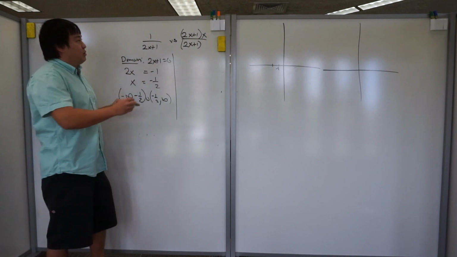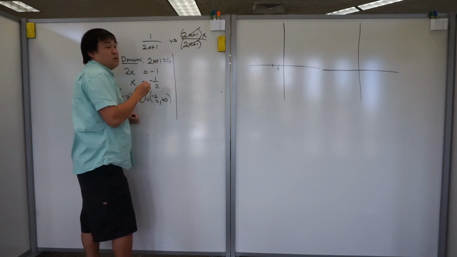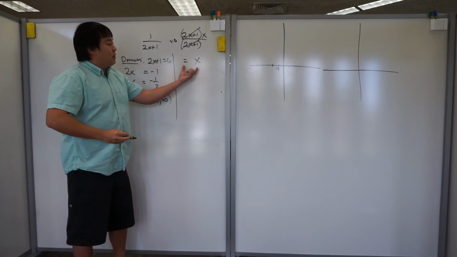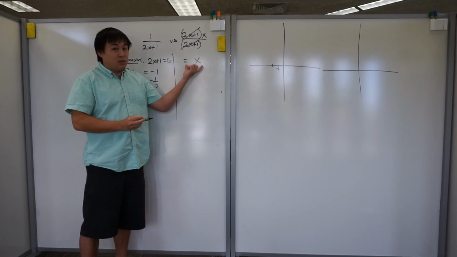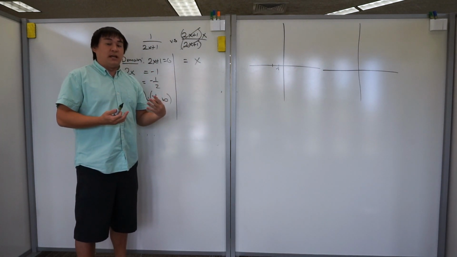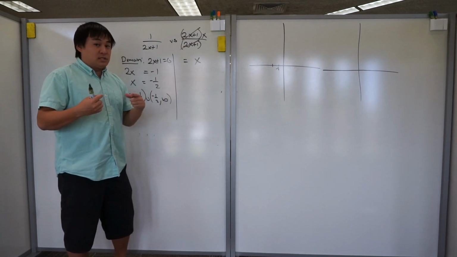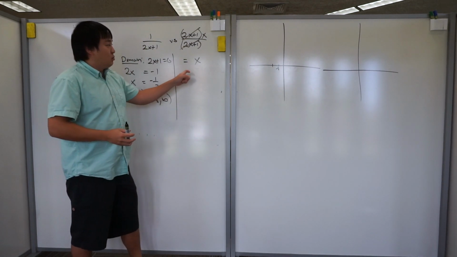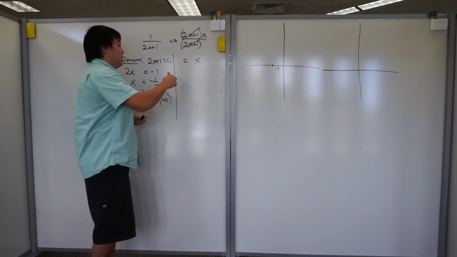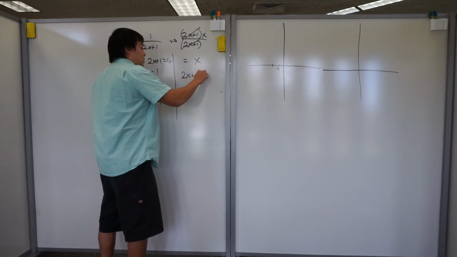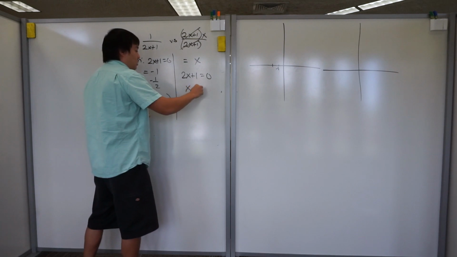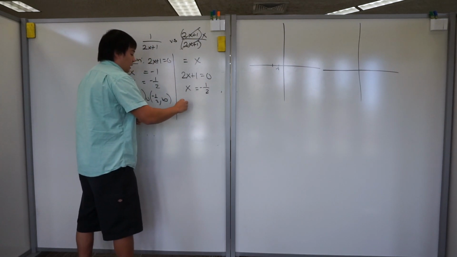In this one, though, notice that these cancel, right? And all that's left is x. Well, if I try to find the domain here, there's no division by 0, there's no square roots of negatives. So the domain is going to be -infinity to infinity. But that doesn't work because we're not trying to find the domain of this. We're trying to find the domain of the original, which still cannot have the denominator equal to 0. So this also has the -1/2,